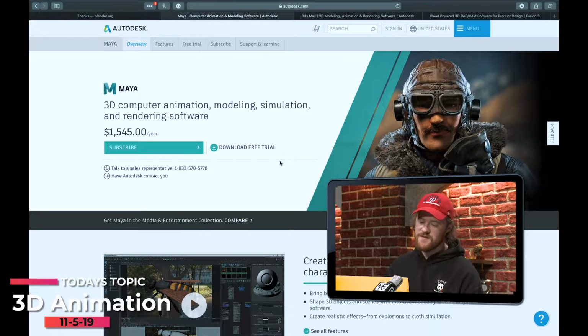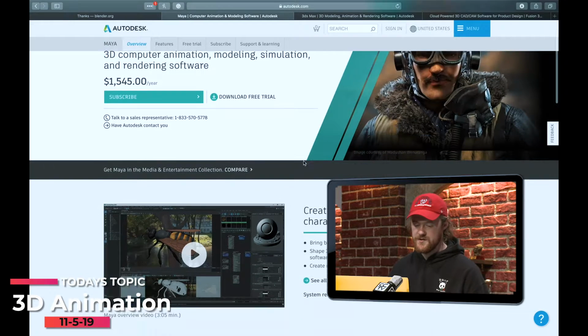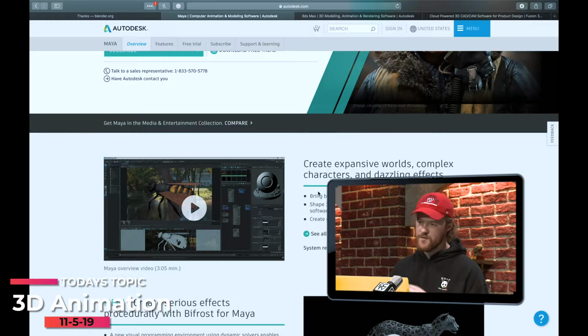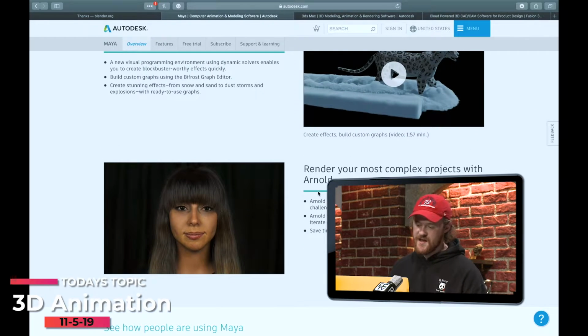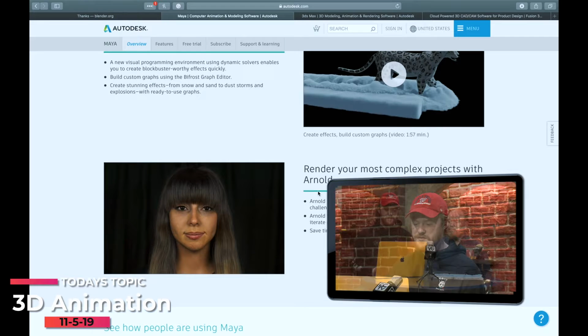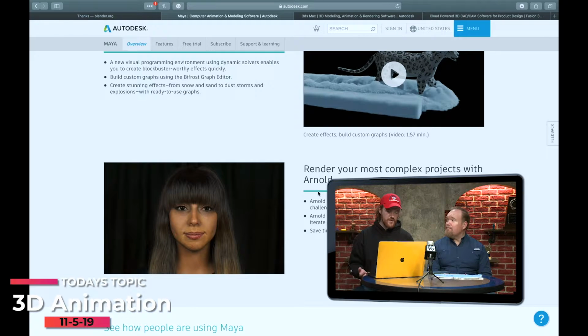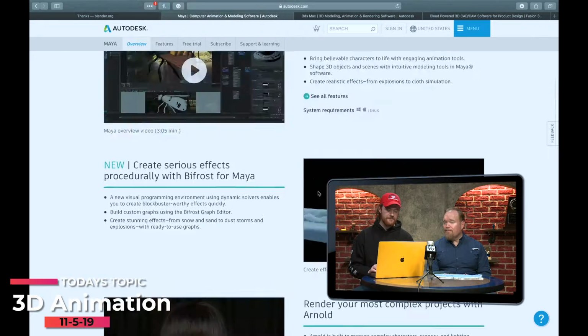So the first one we have is Autodesk Maya. Now you should be able to see my screen right now, and it is essentially the animation one. There are 3 programs I'm going to be covering, and the first one is animation in general. So things like DreamWorks movies, Pixar movies, things like that are normally made in this software.